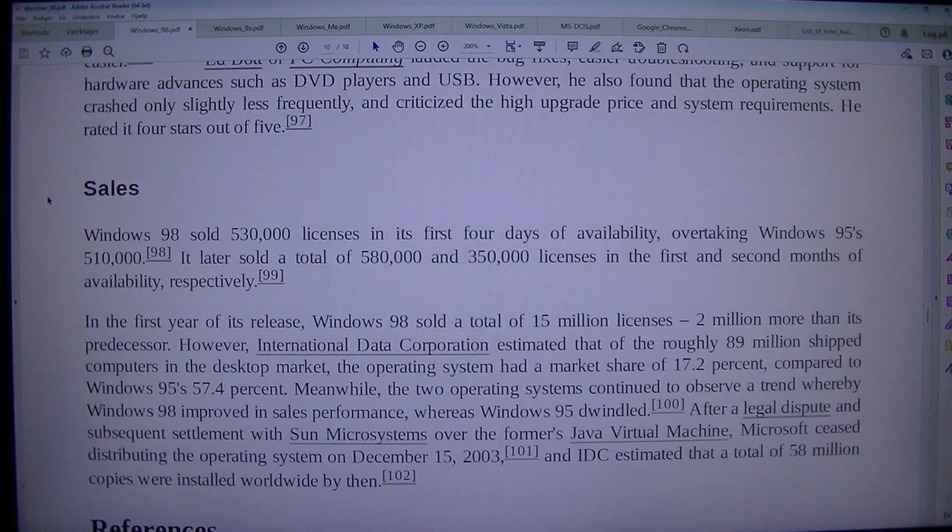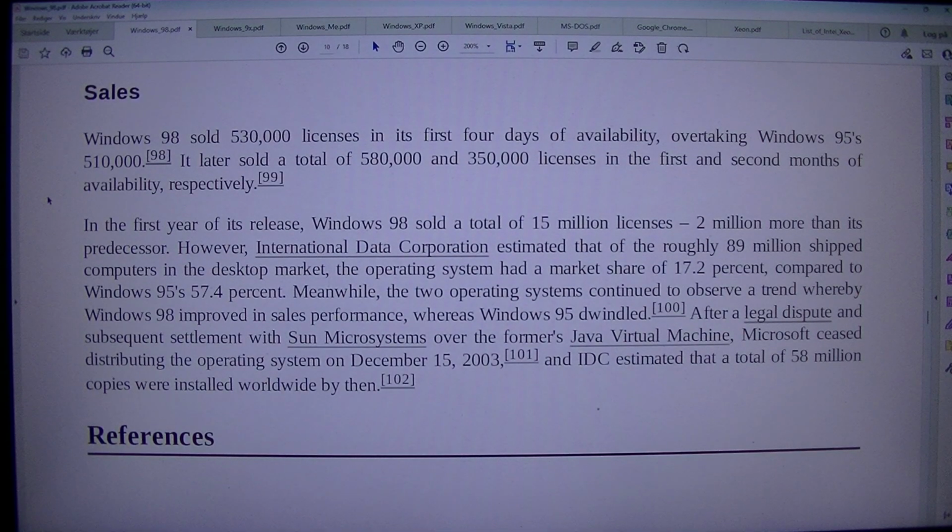Sales. Windows 98 sold 530,000 licenses in its first 4 days of availability, overtaking Windows 95's 510,000. It later sold a total of 580,000 and 350,000 licenses in the first and second months of availability, respectively. In the first year of its release, Windows 98 sold a total of 15 million licenses, 2 million more than its predecessor.